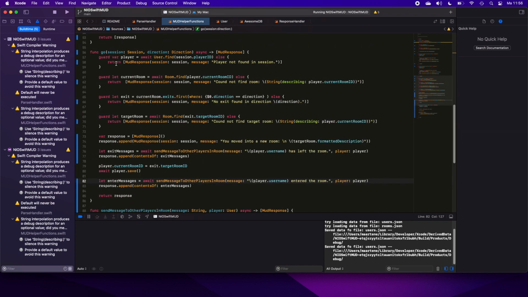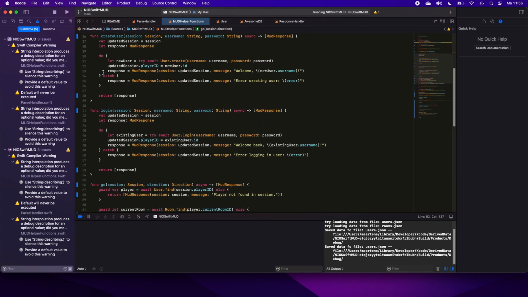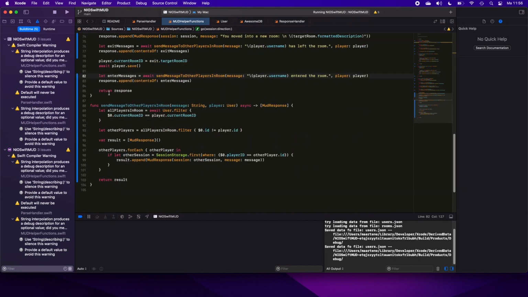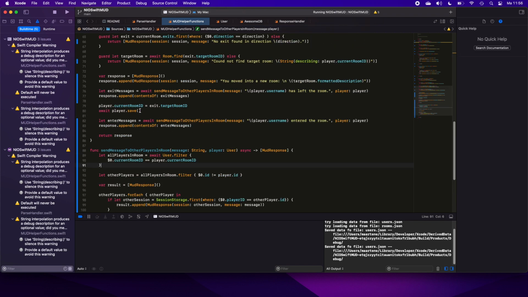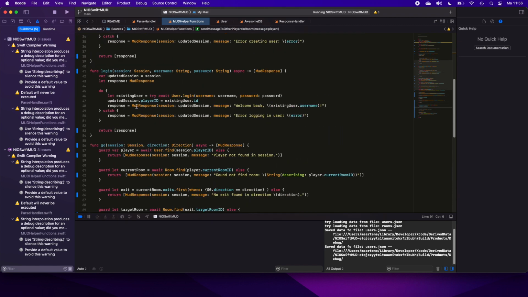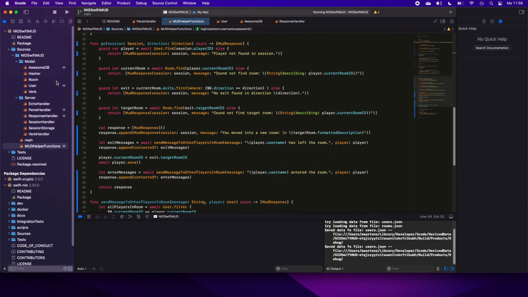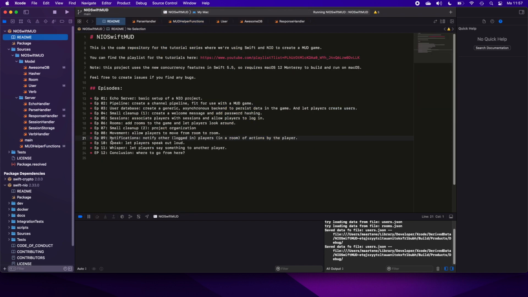We only did this now for the go function. We can use the same thing, for instance, for the login. So we could say something like send a message to the other players in the room that somebody logged in. But let's leave it at this for now, because this message, this went on long enough. We now have a pattern we can use to send messages also to other players when something happens, and that's the most important thing we need to